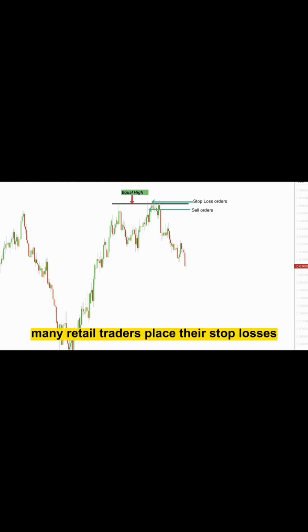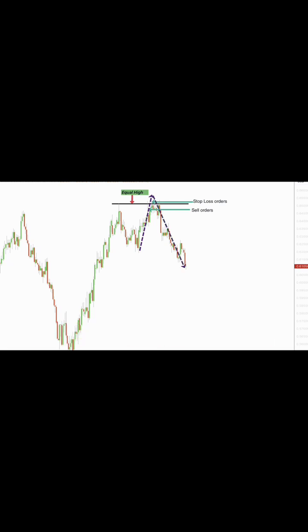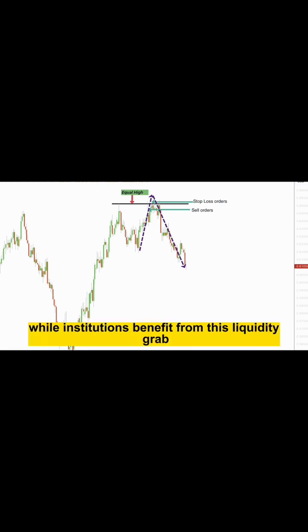Smart money knows that many retail traders place their stop losses just above these equal highs. To grab liquidity, institutions push the price slightly above the equal highs, triggering stop loss orders and gathering liquidity before reversing the market. This creates a false breakout, trapping traders who entered shorts and were stopped out, while institutions benefit